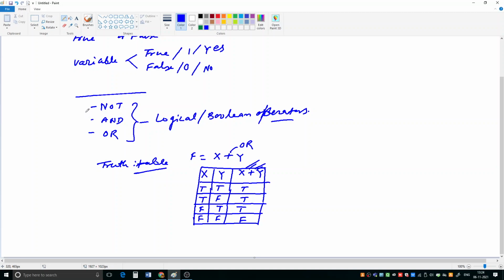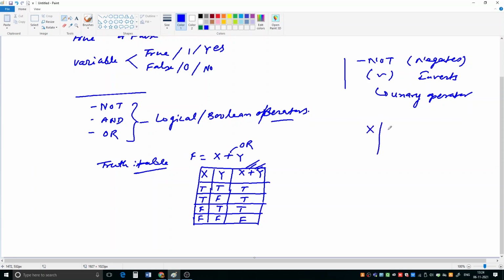Now let me explain all these different operators. First let me take the not operator. What does the not operator do? It negates things, or we can say it inverts them. Not is also represented by the tilde symbol, and it is a unary operator. It means it takes only one operand. When its input is true, the output will be false. Its truth table can be written like this.